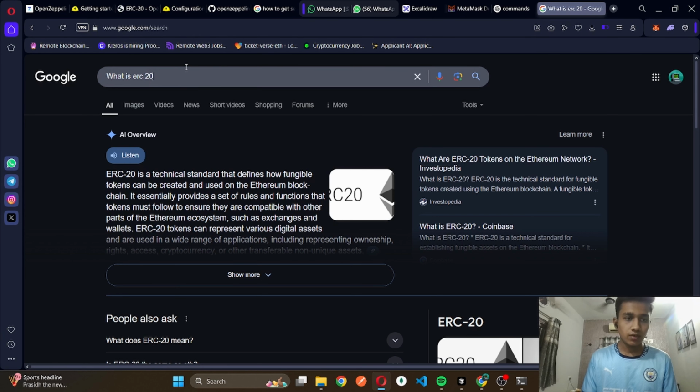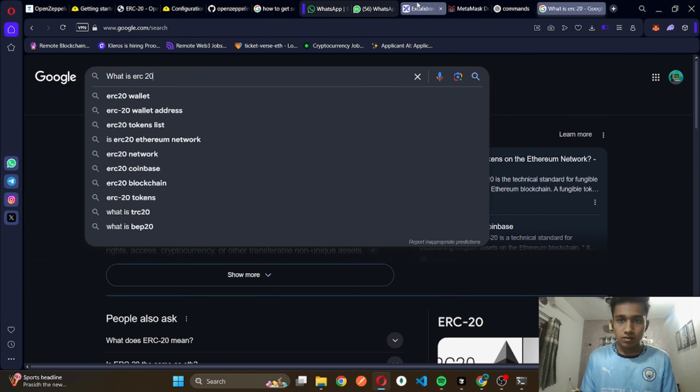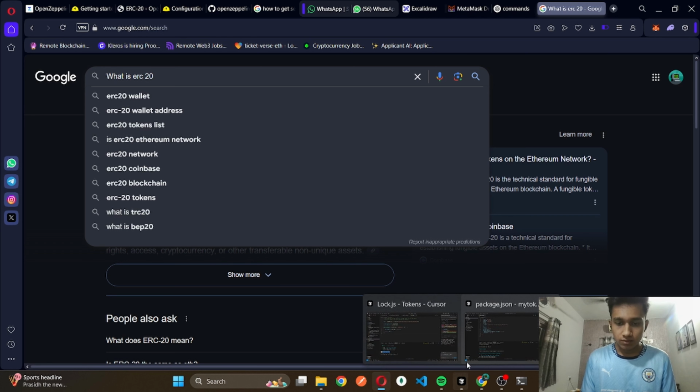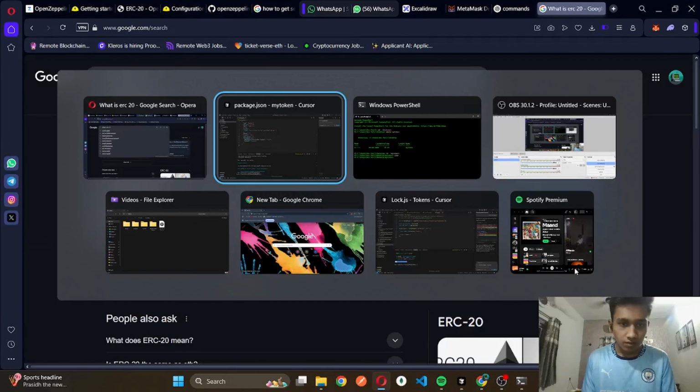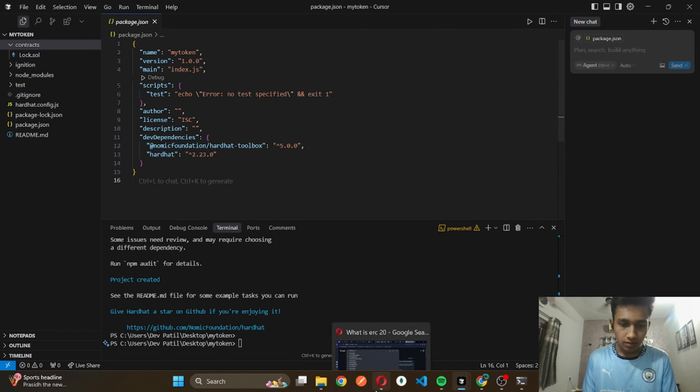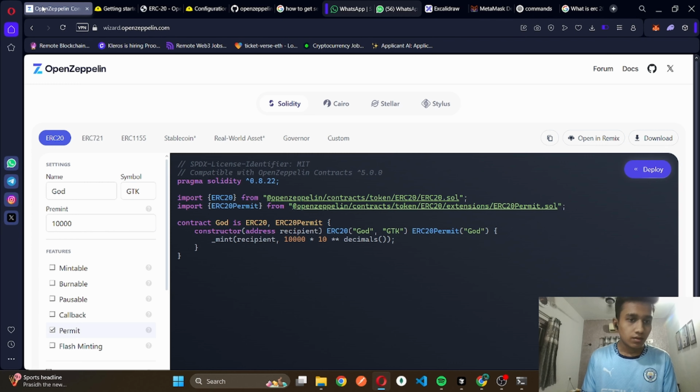So we can use that, right? So over here in OpenZeppelin, the name of the token is God Token, the symbol is GKT, and pre-mint means